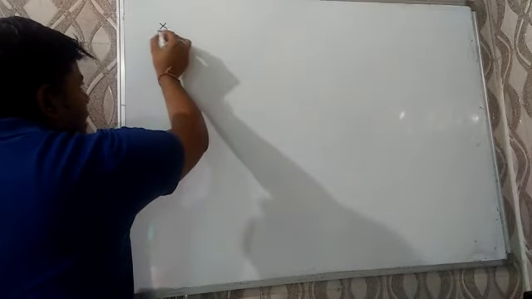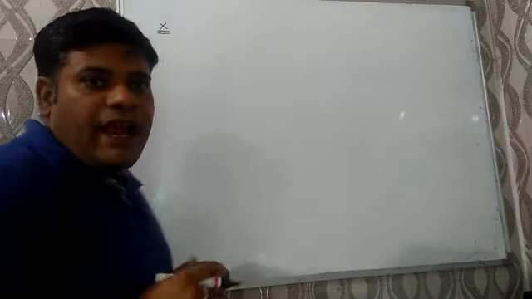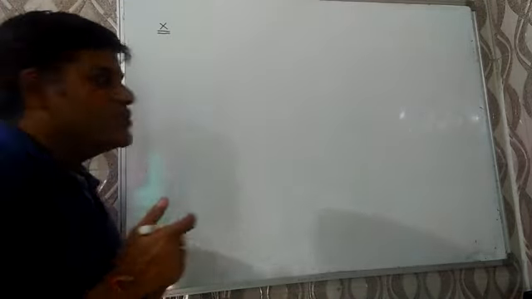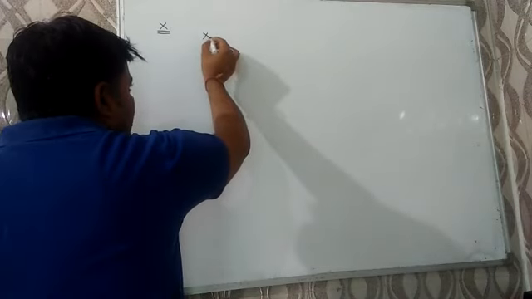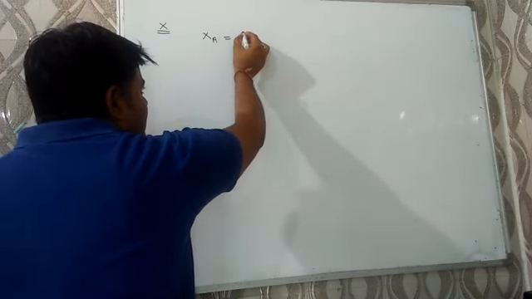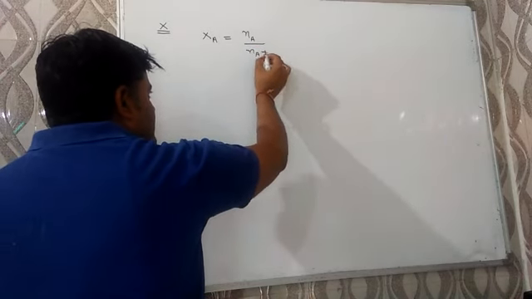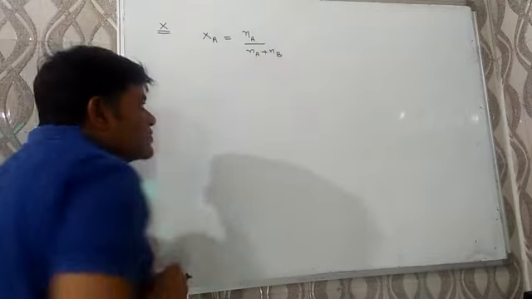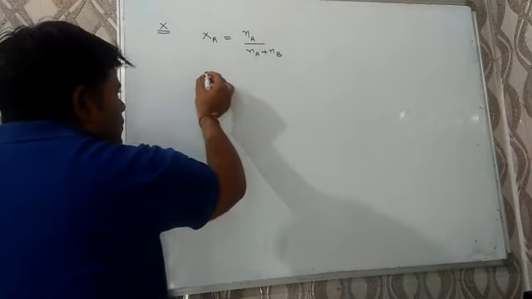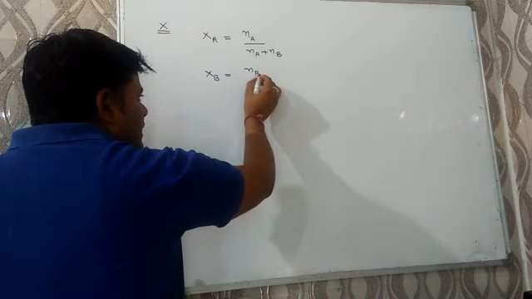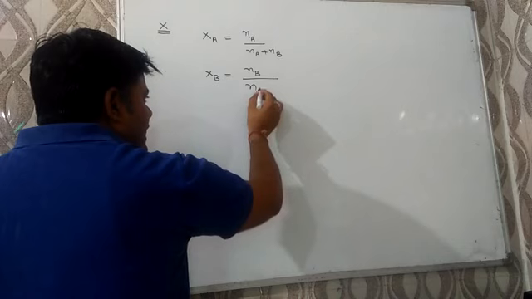So the next method we are going to discuss to express the concentration is mole fraction, and it is denoted by X. It may be defined as the ratio of moles of a component to the total moles of the solution. For example, mole fraction of solvent XA will be equal to Na over Na plus Nb, where Na is the number of moles of the solvent and Nb is the number of moles of the solute. Similarly, mole fraction of the solute Xb is equal to Nb over Na plus Nb.